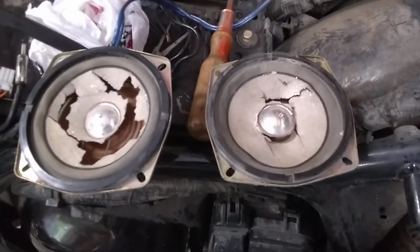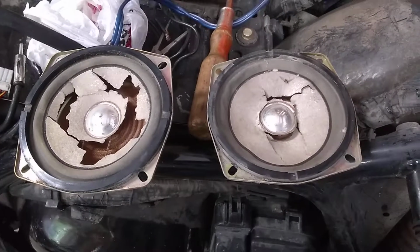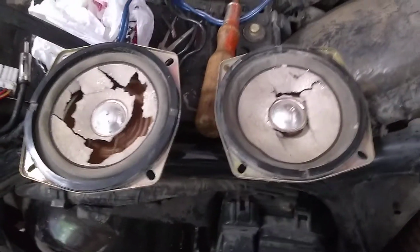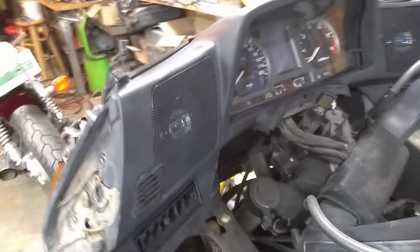They told me the radio works. These are the old speakers. Can't imagine the sound that they made would be very pleasing. So today, I pulled the windshield off, which wasn't too terrible, and then I pulled this plastic piece off and replaced